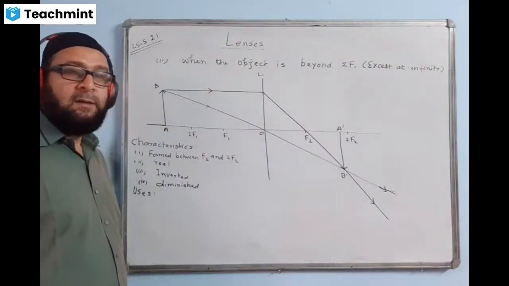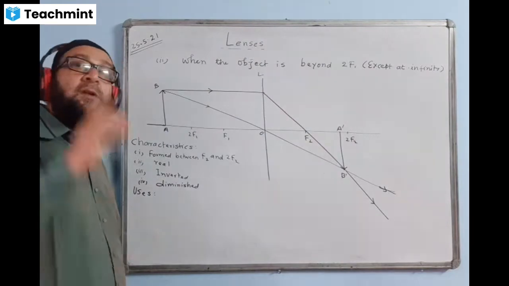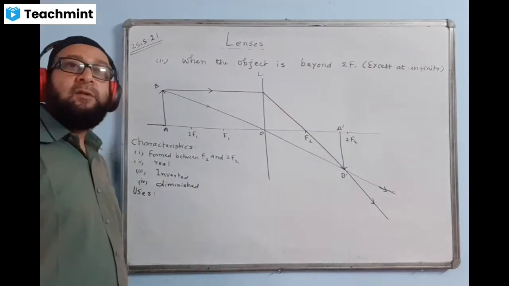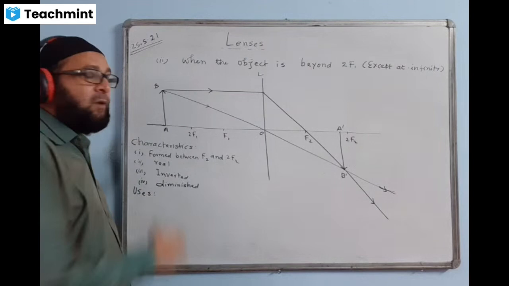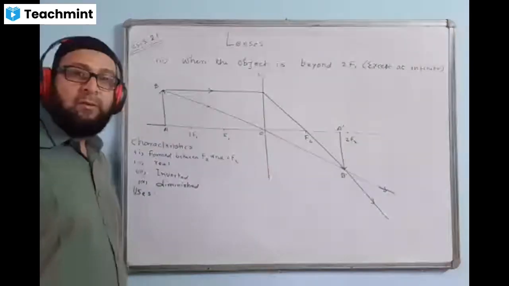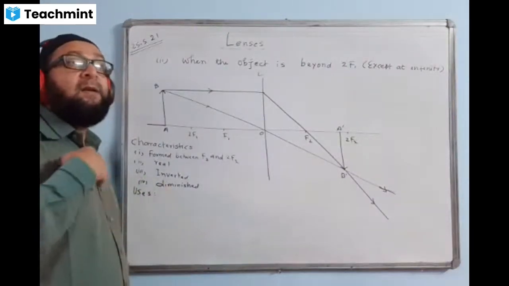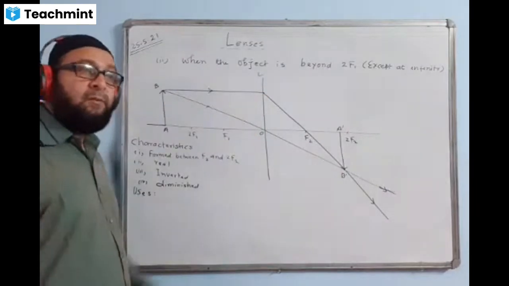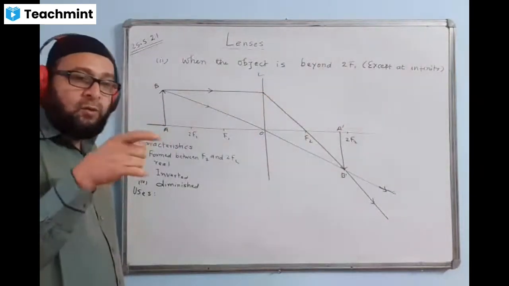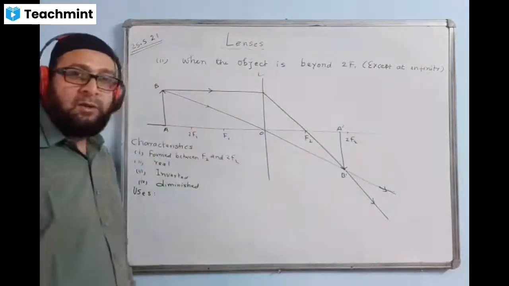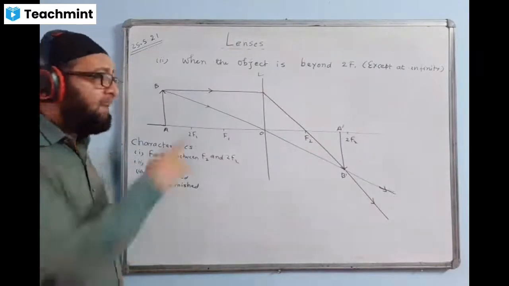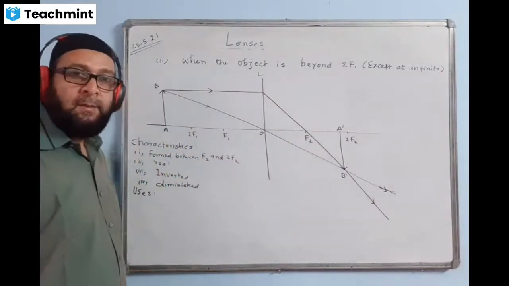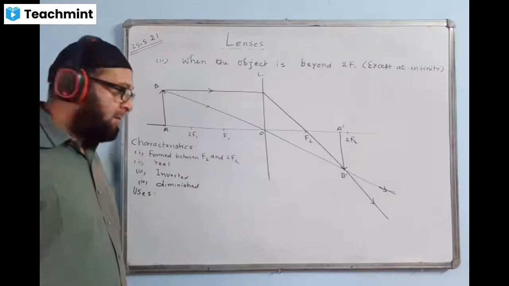In the eye also, like stars and all, when they look very far, so they are very far, means beyond 2f1. They look small to us or not. Even we see a car moving on a road from very long distance. The car looks like a toy, the toy is moving, so they look small only, no? So that happens in a human eye.